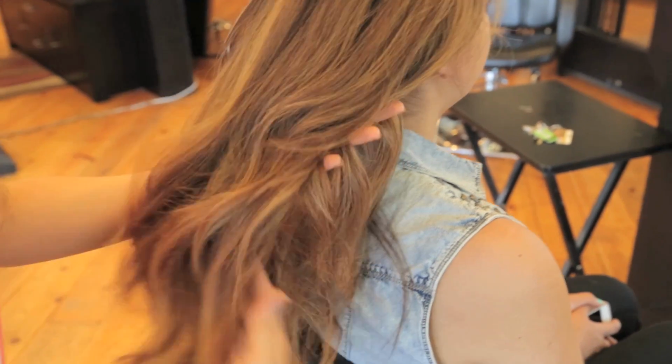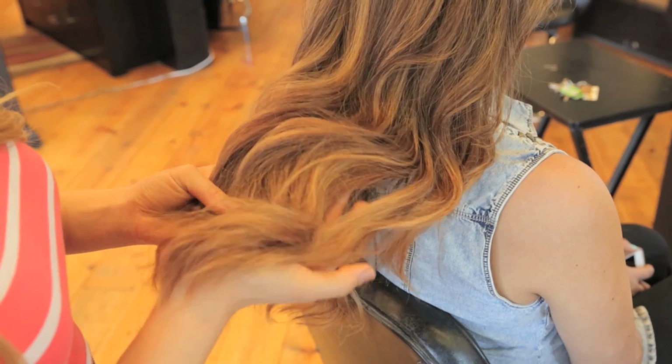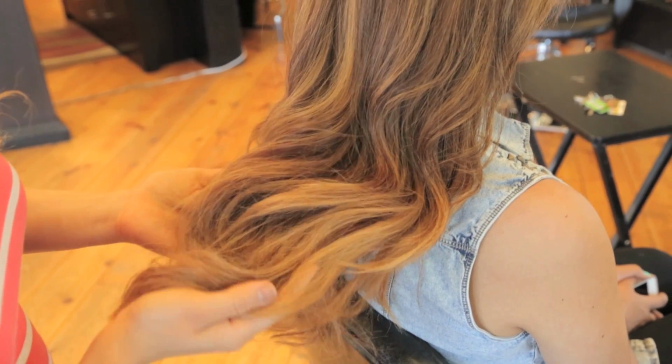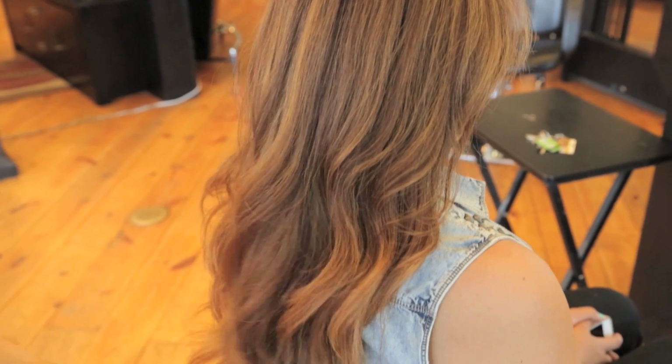So this can be a really big challenge to most people that have a lot of hair, to be able to lift it properly and get that beautiful transition without it looking blotchy. You can see all these highlights kind of start a little bit away from her roots, and then they fade a little bit more into this caramel tone in the ends. So we're gonna kick this up a notch to a more blonde tone for the summertime, now that she's back